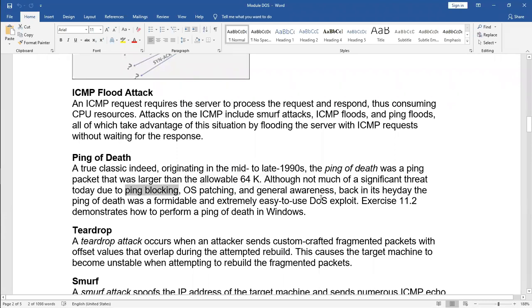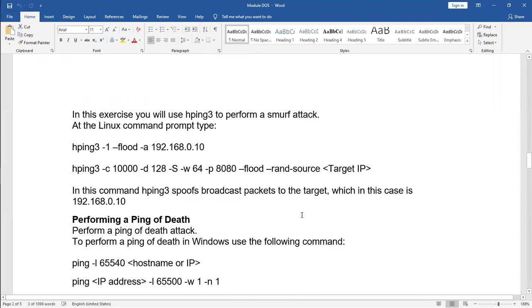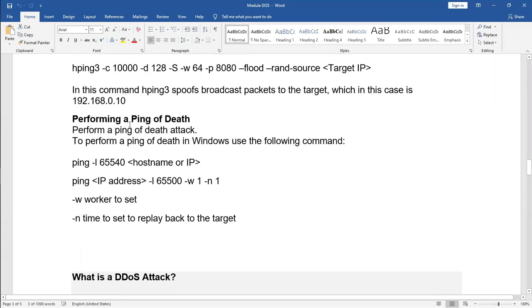OS patching and general awareness. Ping of death was a formidable and extremely easy to use DOS exploit, and mostly it would attack Windows servers. Let's perform a ping of death attack with the help of